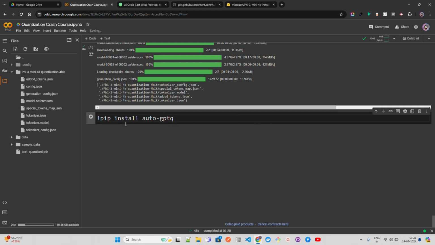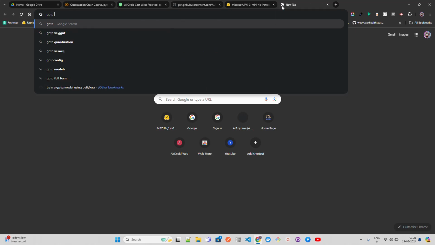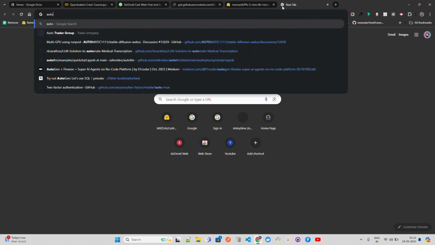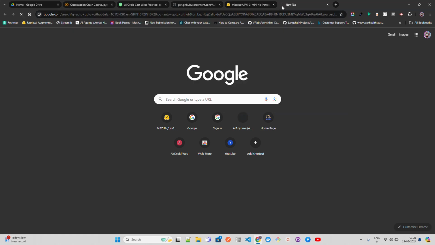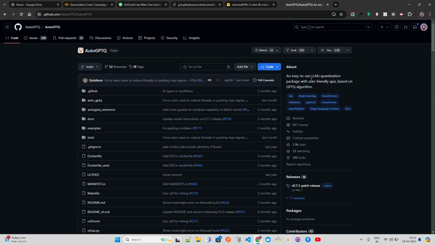If you look at GPTQ, let me show you here, or if you look at the library itself, Auto-GPTQ, it says an easy-to-use LLM quantization package with user-friendly APIs based on the GPTQ algorithm.